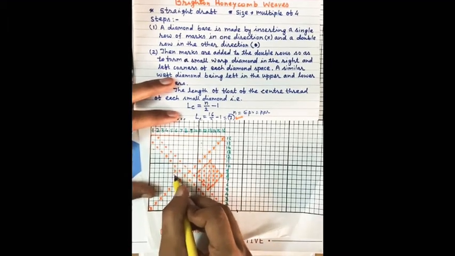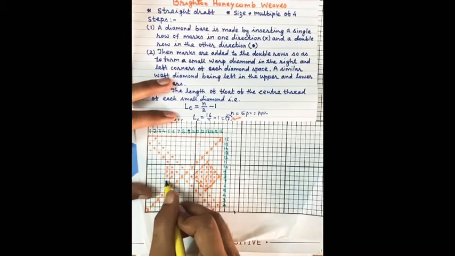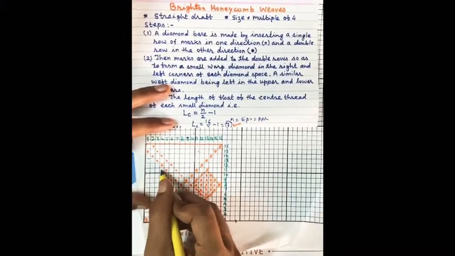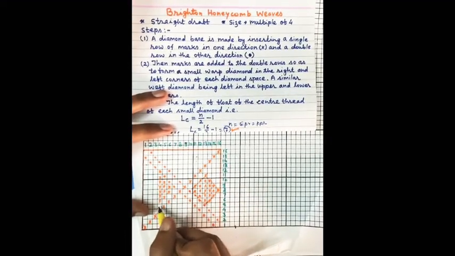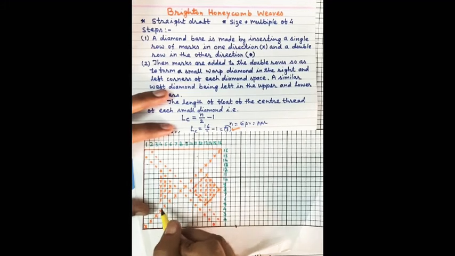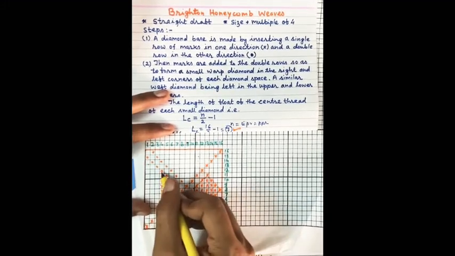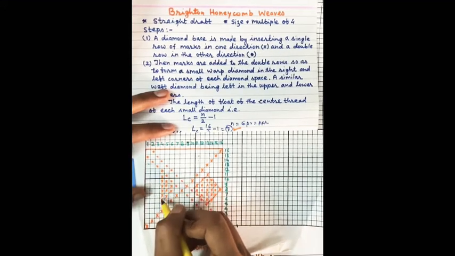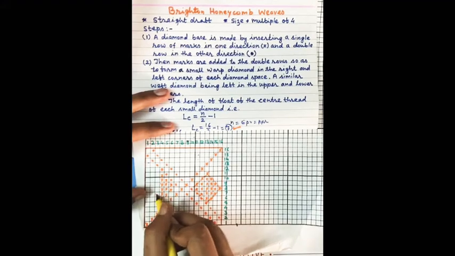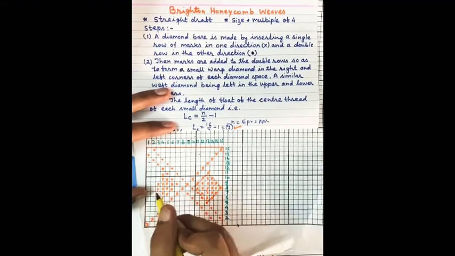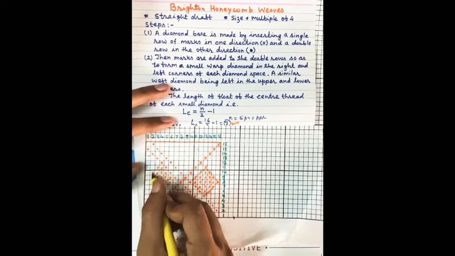2 marks will be added to this. So 1, 3, 4 marks will be added to this. It will become 5. Then 6 marks can be added, keeping this blank, not interfering with the single row. So keeping this blank, we can attach to the double row. So float of 7 we are getting. So this will become center thread. So again mirror image. So 5, then 3, and then 1.